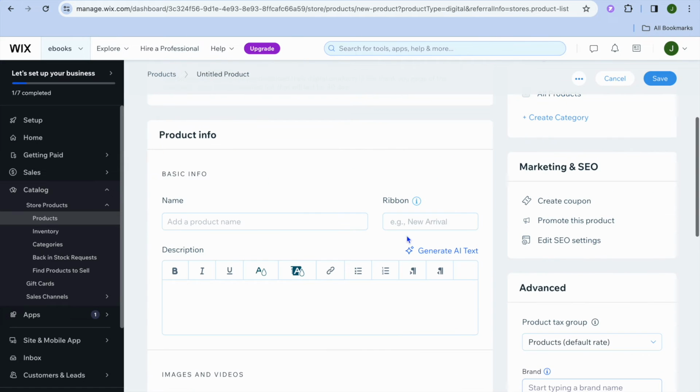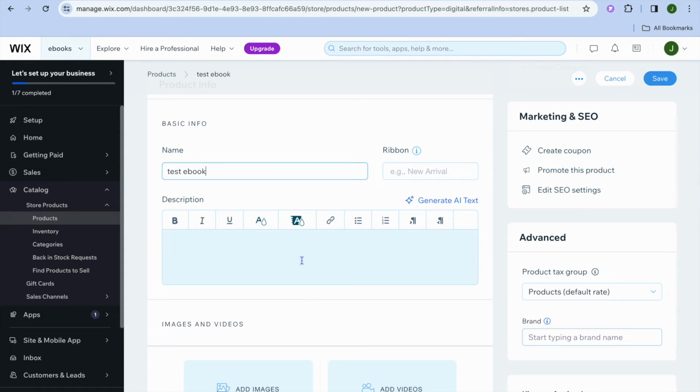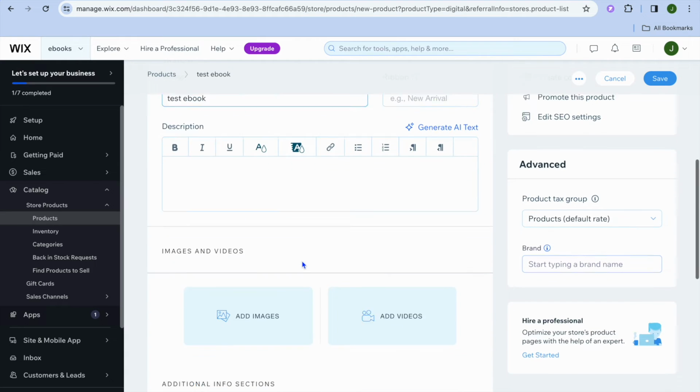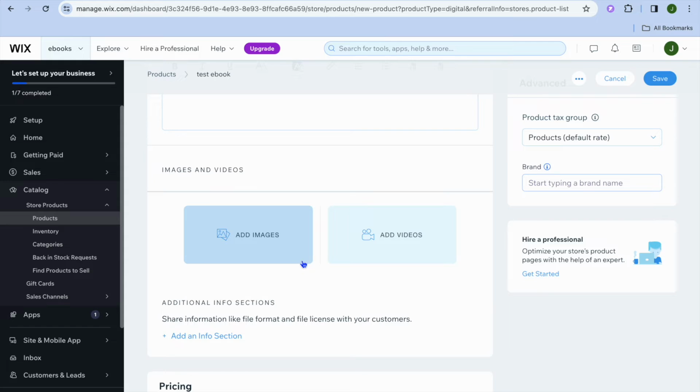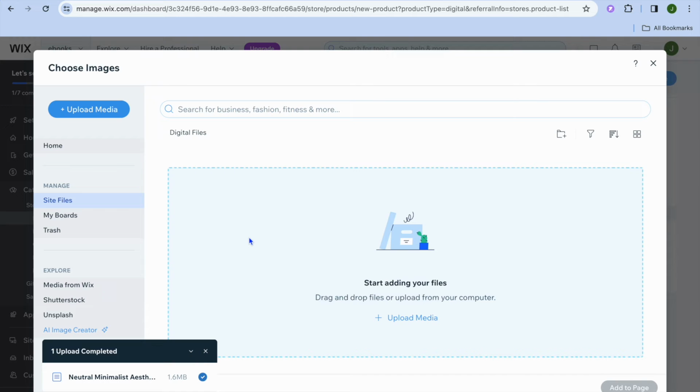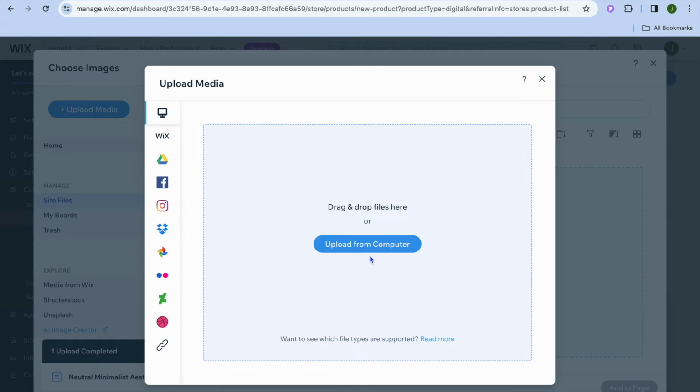Then you're going to scroll down and you would add the product name. So again, I'm just going to be calling this Test Ebook. Then you could add a quick description right here. After you have added the description, this is where you would add the ebook cover or whichever digital product you're selling. So for example, if it is a case that you're selling music, this is where you would add the album cover. So you'll simply tap on Add Images, and then from there you'll tap on Upload Media once more,